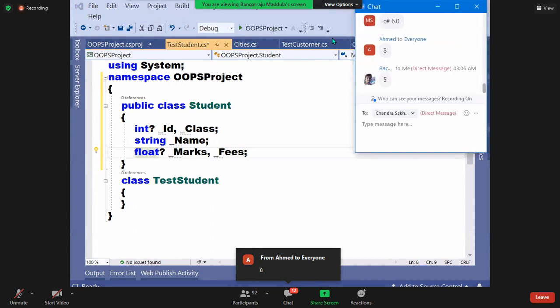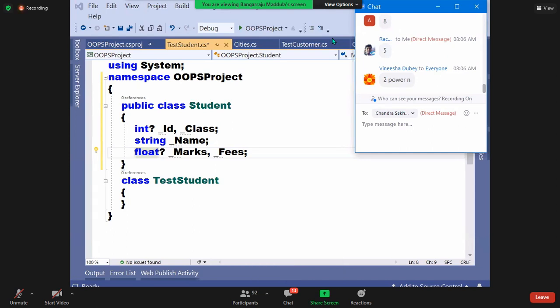Wrong, Ahmad. 5 constructors, you will initialize in a mix and match combination. Did not understand. 2 or 3? What 2 or 3? What are you reading here? This is why I am scolding you every day, brainless fellows.